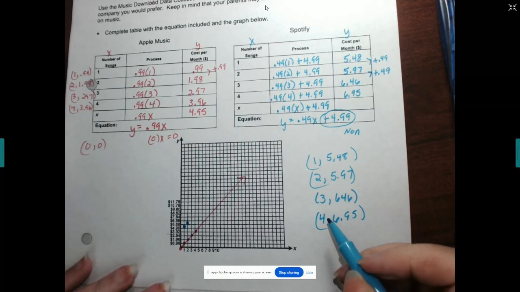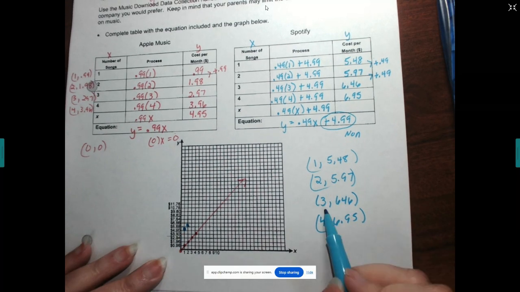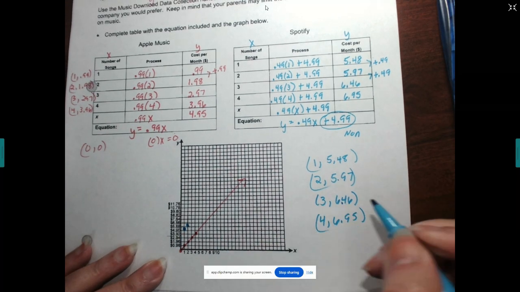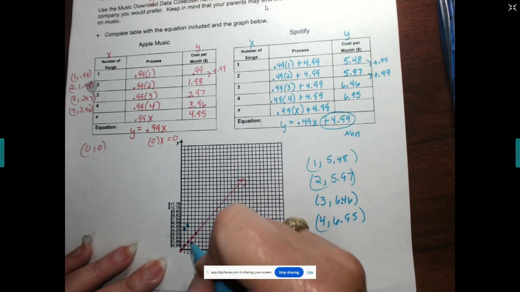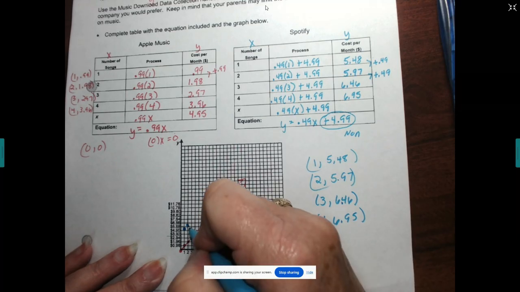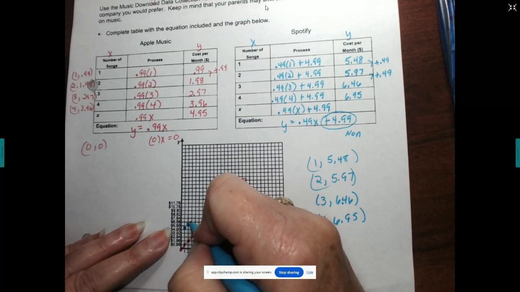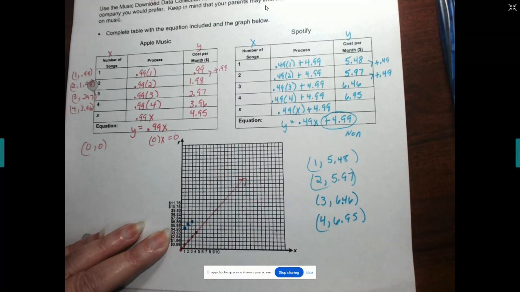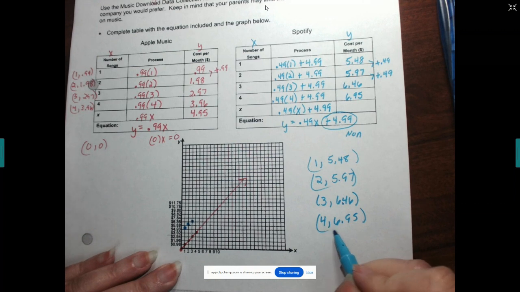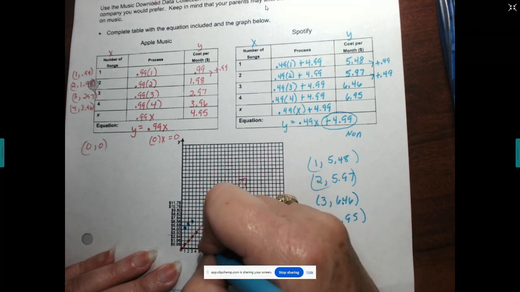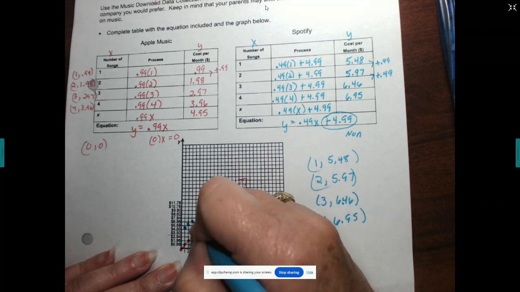Okay, so there's my first 2. 3, 6.46. So I'm going to go over to the 3, and then I'm going to go up just above, I believe that's 6.36, so right above that. It's very hard to see, I know. And then 4, 6.95. I'm going to go over to the 4